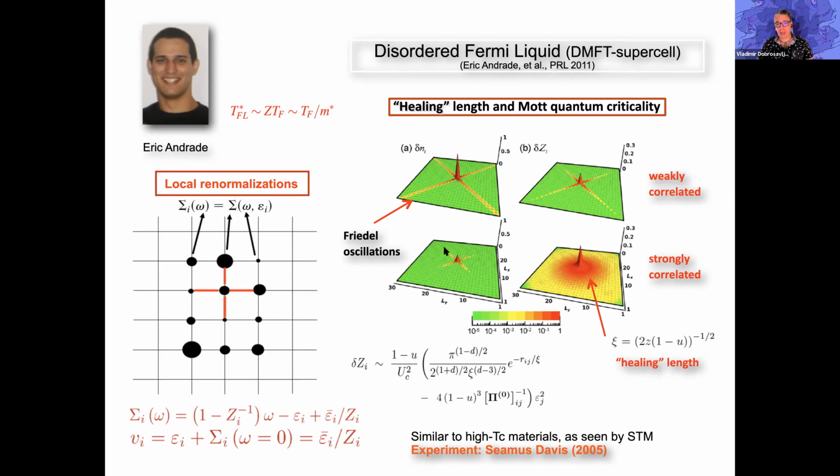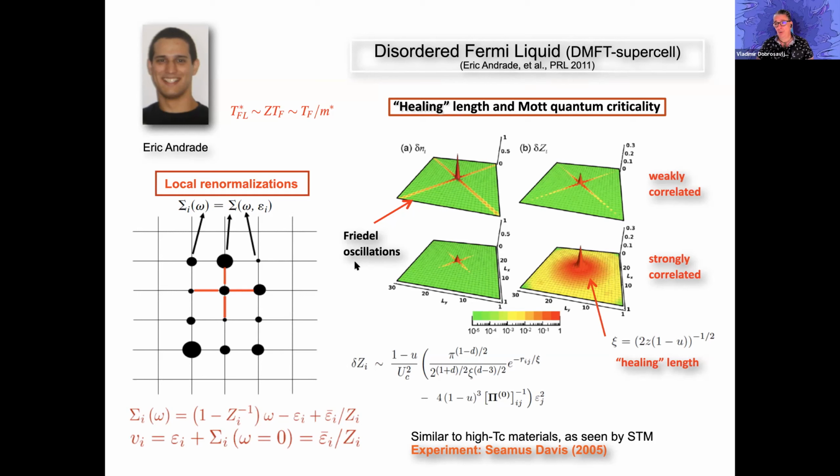So this is something that, because we can do the calculation for one impurity, which is weak, can be done semi-analytically, and we have a pretty good understanding of how this happens. But when we have a finite density of impurities near a Mott transition, the same effect, now that we understand it better, creates these large spatial inhomogeneities. And we find, therefore, that close to the Mott transition, the Fermi liquid is rather unstable and rather wild when even modest disorder is introduced. So this is something to keep in mind.